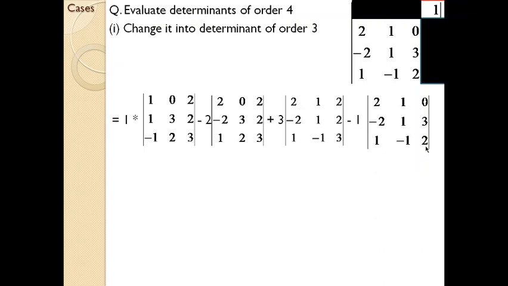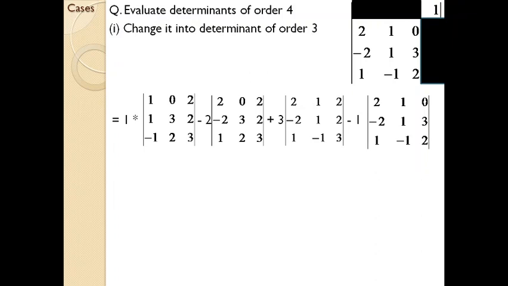So now you have the subdeterminants. Subdeterminants means the determinants which you have extracted from the question which you have been given. Now it is in the order of 3. And previously we discussed how to find the order of a matrix or the determinant value if it is in the order of 3. From this point onwards, you have to follow the steps which we have learned in the previous class.